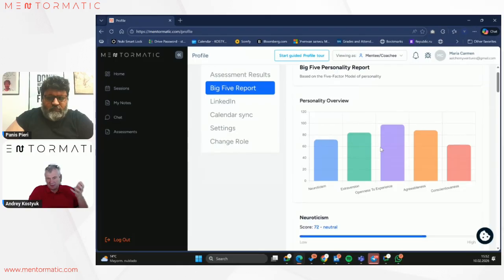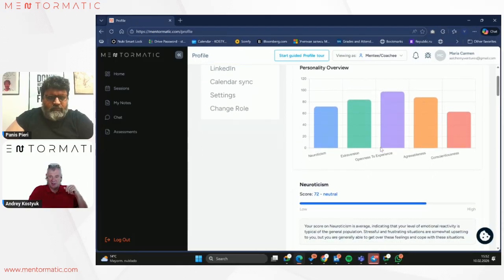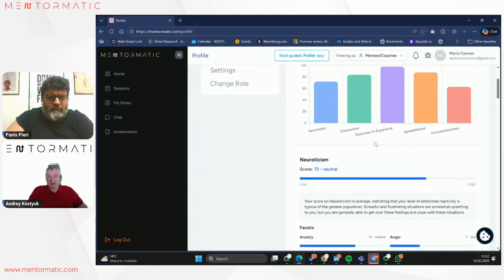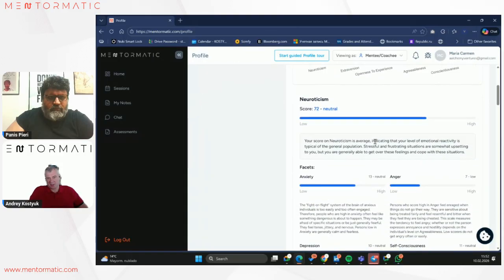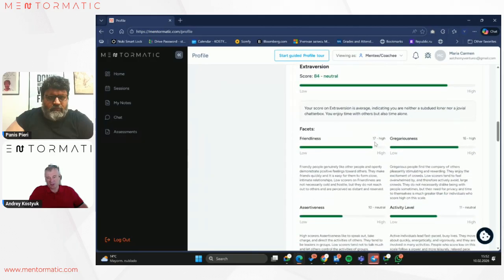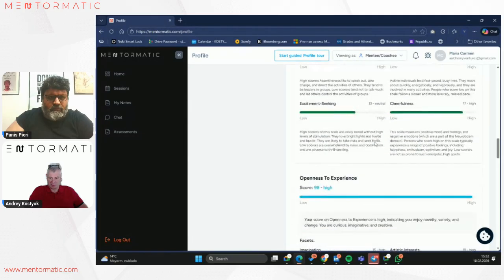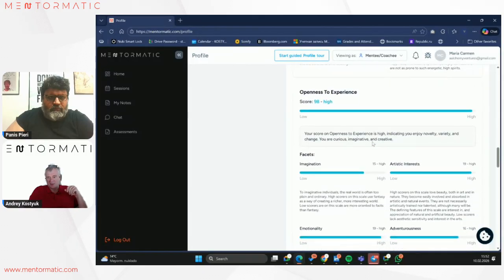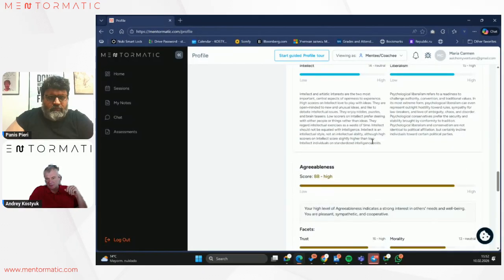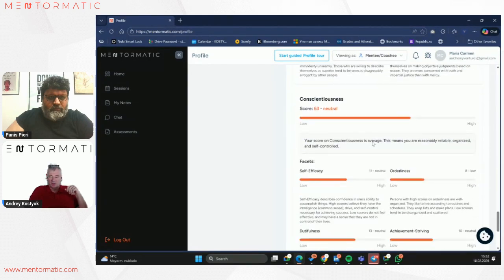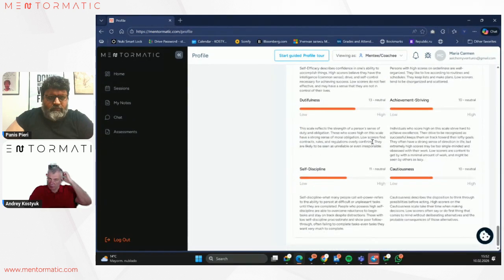Again, as it's a test account, it's completely unreal, but this is what you see on behalf of your actual clients. Quite a lot of information for you to prepare for the session. As you see, there are 5 main traits and 6 facets for each one. It's really useful. I use it myself quite a lot to prepare for the sessions, to understand how to speak